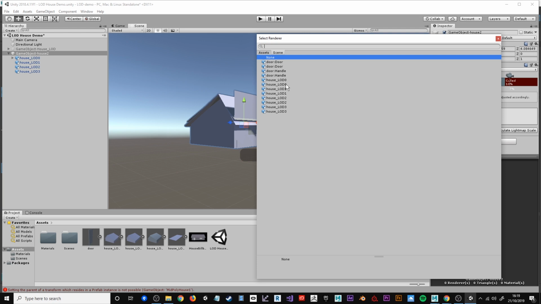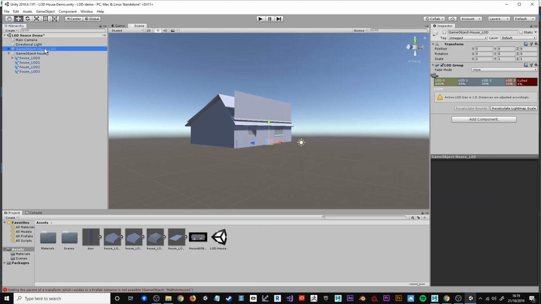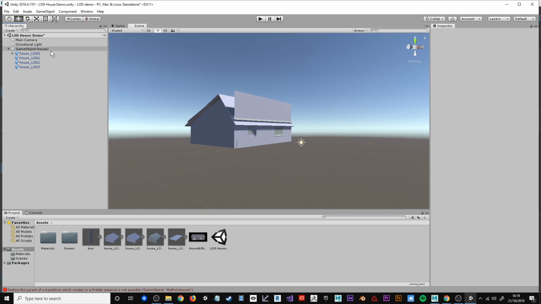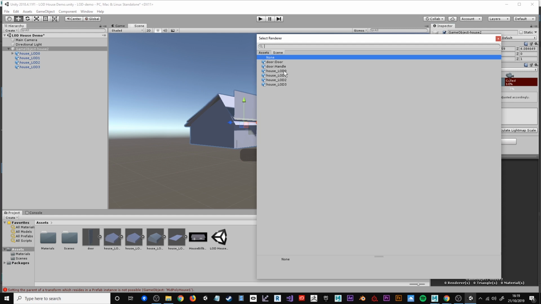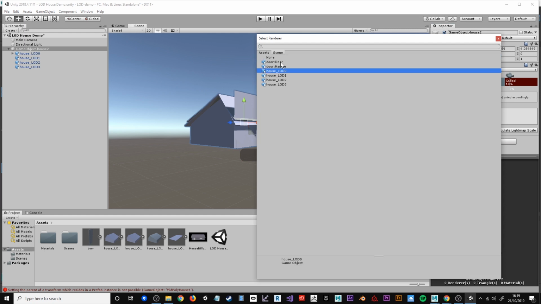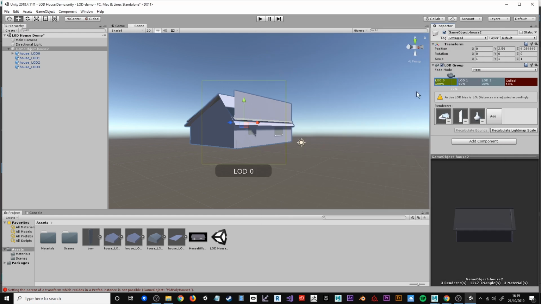So I can select LOD 0. I've got doubles of everything actually. Because I've got the other object in the scene. So what I might need to do is, before I do this, I'm just going to delete that object, because inside there we have the same named objects. So I'll get that out of the way and we can make this into a prefab afterwards. So I'll click on level of detail 0 and I'll add the objects I want to be in that level of detail. Now in the first level of detail I want the house, the door and the handle to be separate, so then they can be